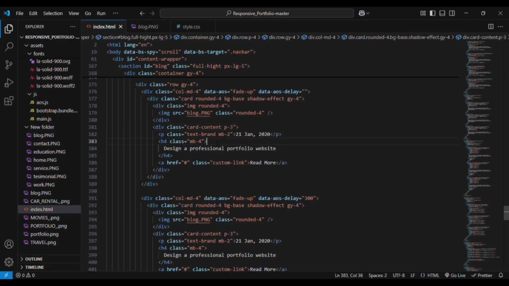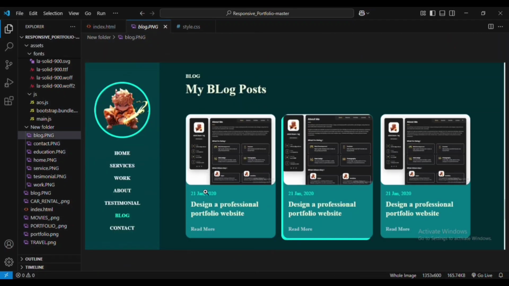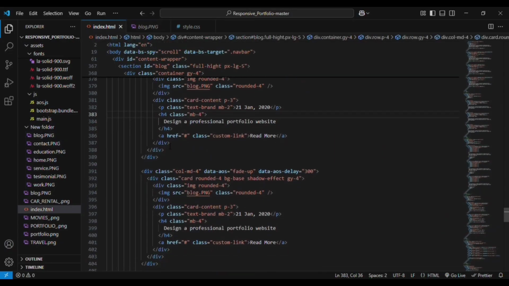Margin bottom is 2 and margin bottom is 4 for the H4 element. You can see here the heading, and below the heading element, where 4 rem of gap is given, the read more button is aligned. It is added here, and for the anchor element read more, we are adding a custom link class to it,